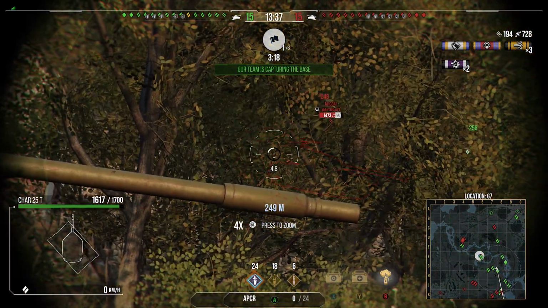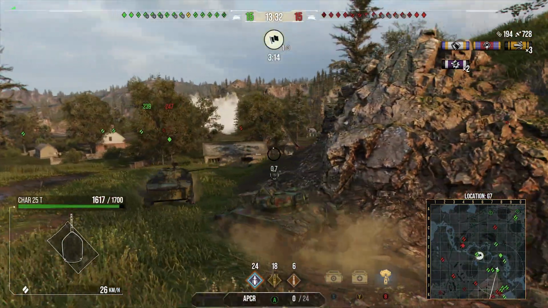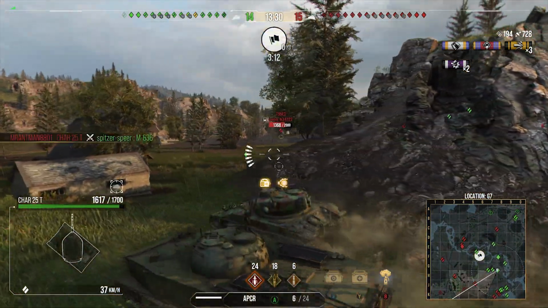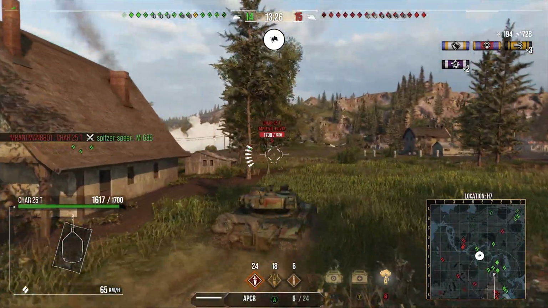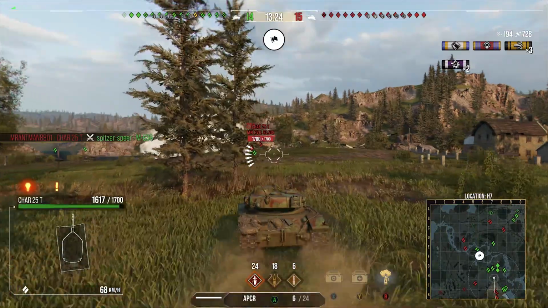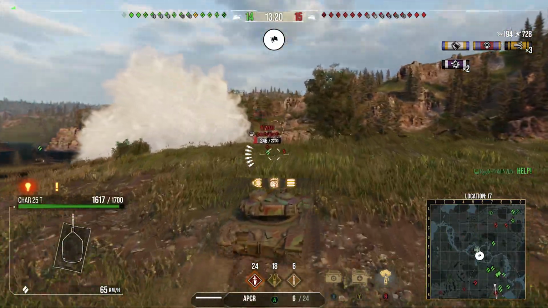We do have some side shots into this M103, and I'm like, please, M103, just stay in a place I can shoot you. But he doesn't, and now we're going to move forwards, because we've noticed there's quite a few tanks at D4, and I think, you know what, we're going to go in and clear this corner where my friends are,